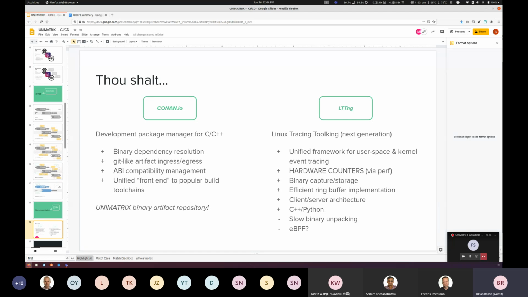And LTTNG, those guys are a group out of Montreal. They've worked super hard to make really sane, developer-positive choices about how tracing can and should be implemented. There are a couple of drawbacks to LTTNG that Focal's been working to mitigate over the last year or so. One is the binary formats that the LTTNG stack delivers are